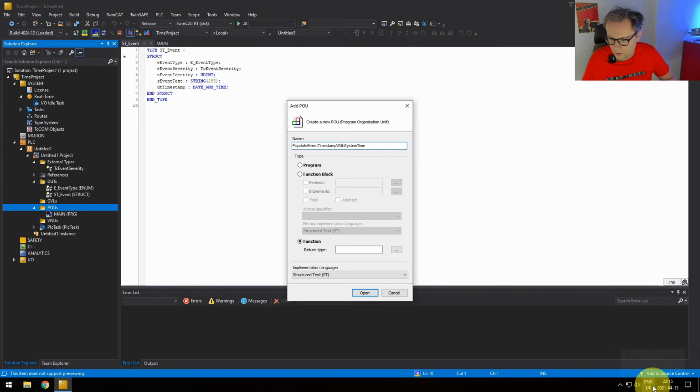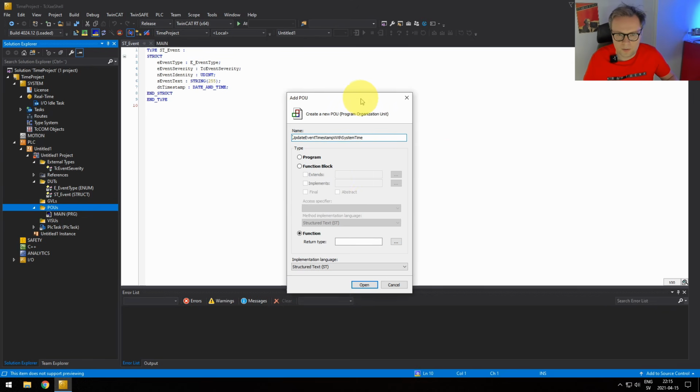Wait, I need to change to Swedish keyboard. There we go. F underscore update event time. So this is a naming convention where you just put an F in front of all the functions. Again, this is a naming convention that I've been using. You can use any naming convention you want. You don't need to have an F underscore. Actually, I just changed my mind. I'm not going to have an F underscore before that. We're just going to call the functions without anything before.